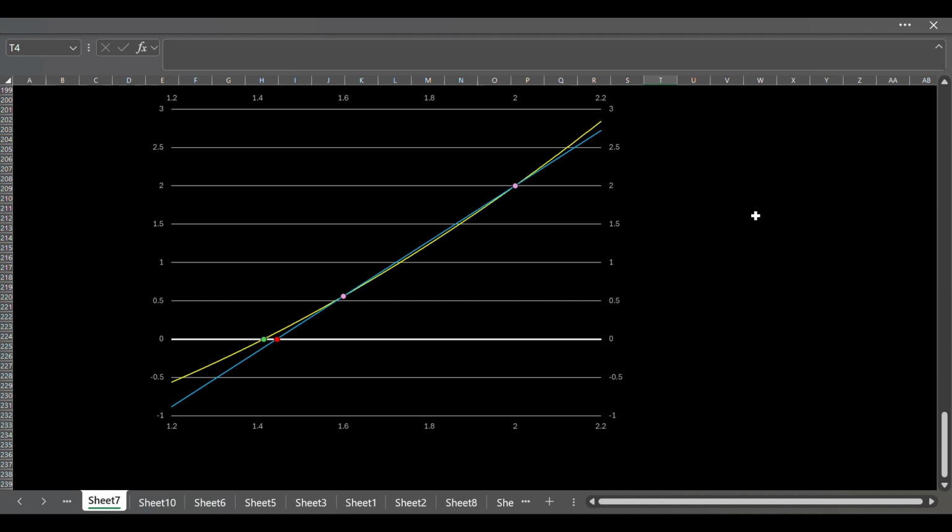Calculate the slope, solve for the red dot, which is 1.44, which is closer to the green dot, which is 1.41. By iterating, we can get a desired